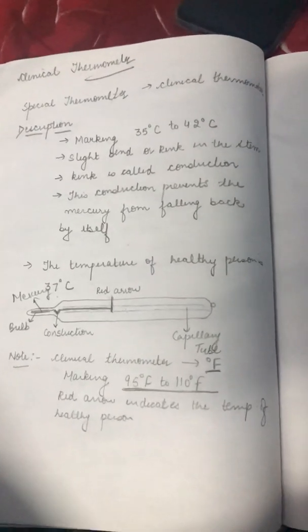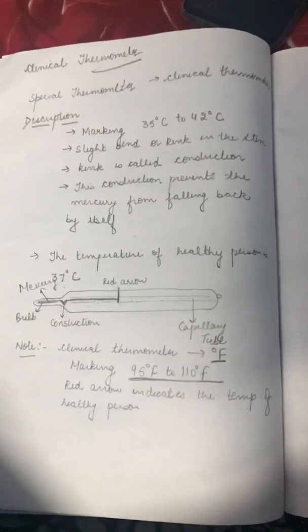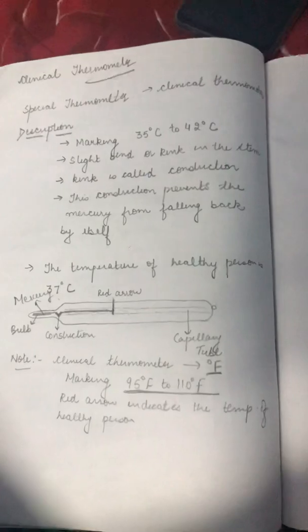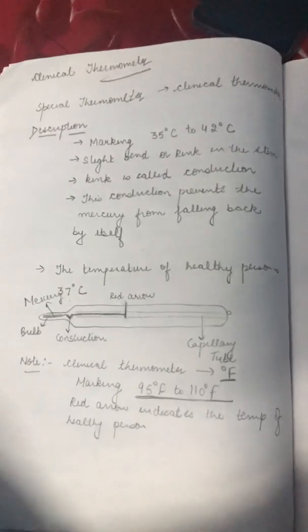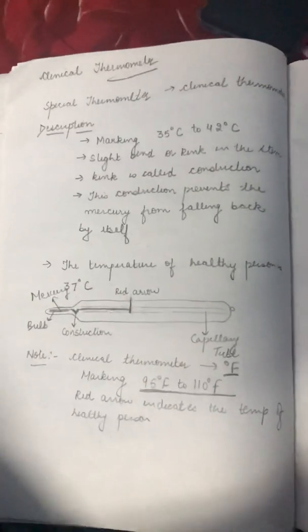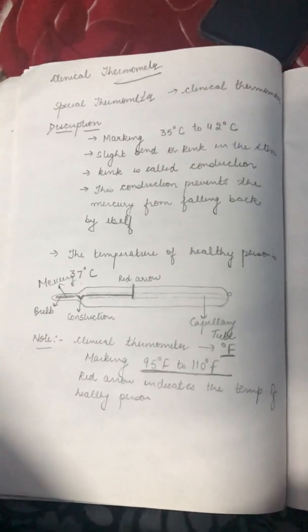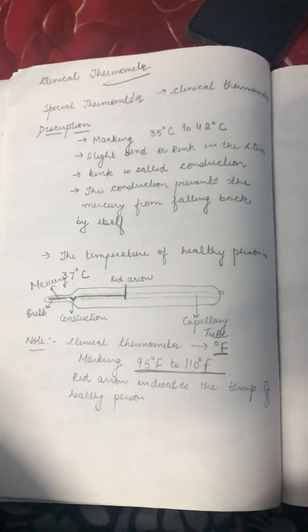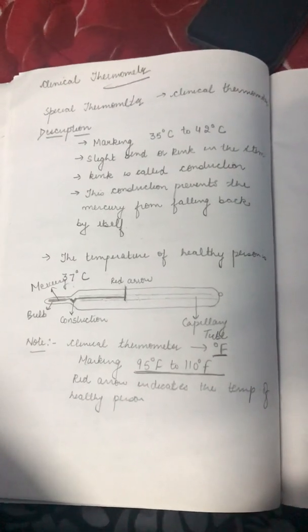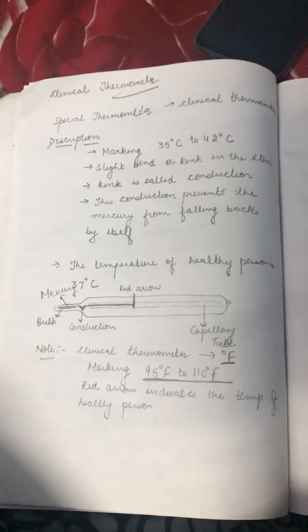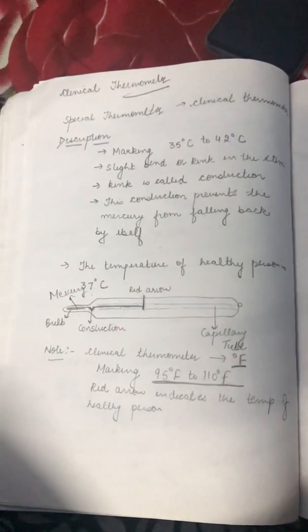The next part they have given here says what doctors do: firstly clean the thermometer, then shake it properly, then use it, then shake it again. These things are very important, how to use it, similar to the way you use it at home. They say that before use, the bulb of the thermometer is washed by keeping it in a beaker containing cold water, and it is slightly jerked to bring the level of mercury in its capillary below the mark of 37 degree